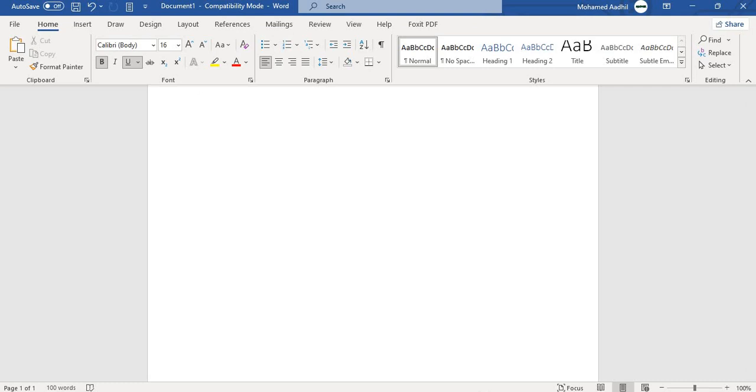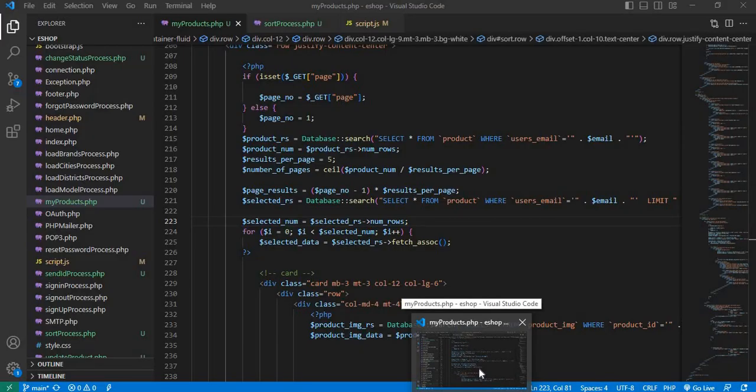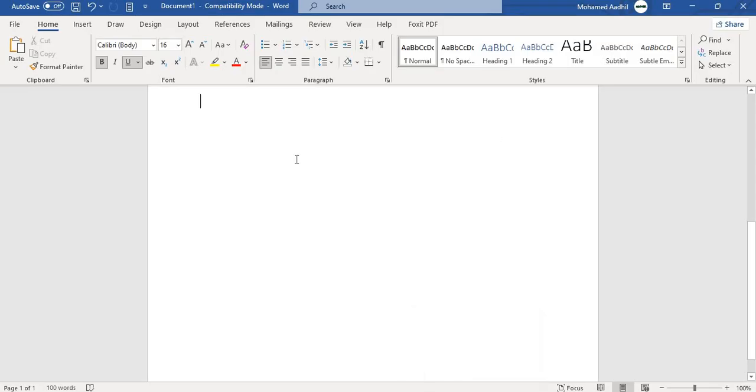Now in the code, they have mentioned like this: the number of pages variable must be equal to the product number divided by results per page. So if the product result set is 8, and if we divide it by 5, the answer will be 1.6, no? So using the ceil function,